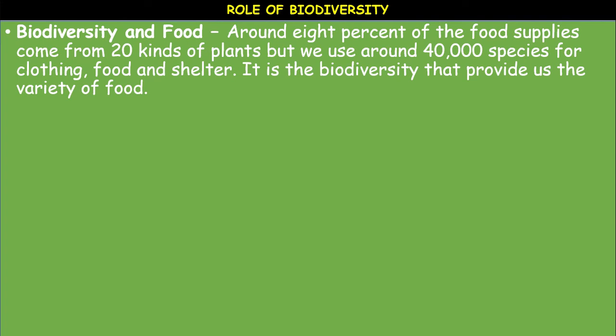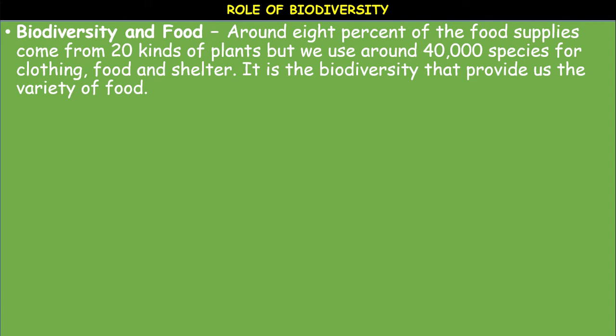The second one is over exploitation. The third one is alien species invasions, and the fourth and last one is co-extinction. Okay,